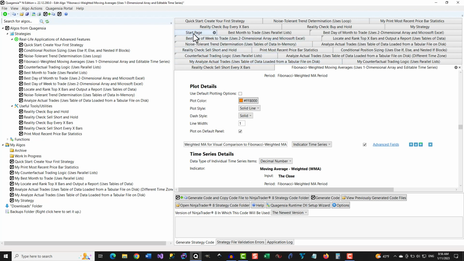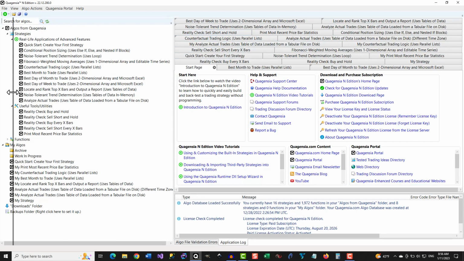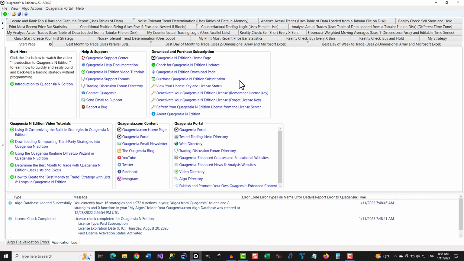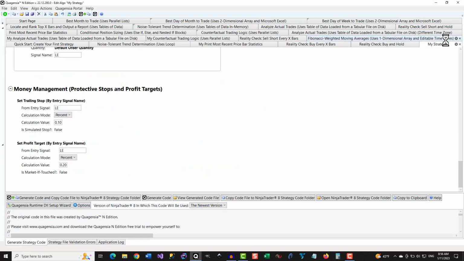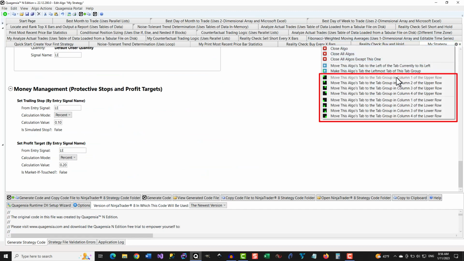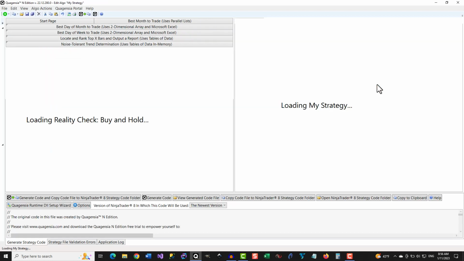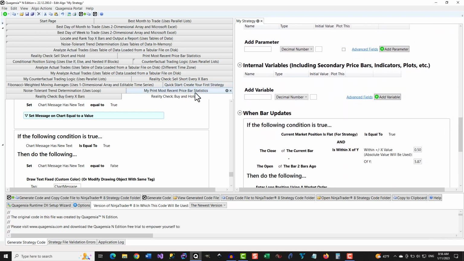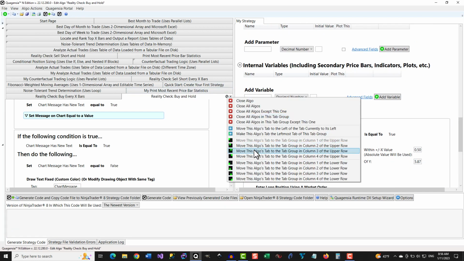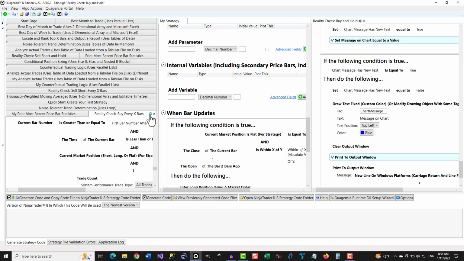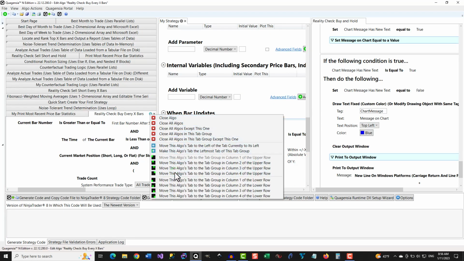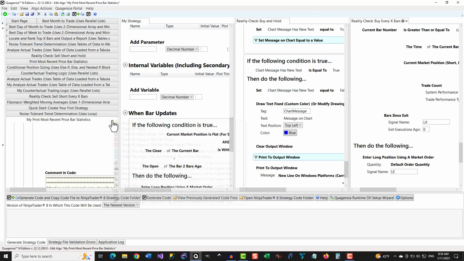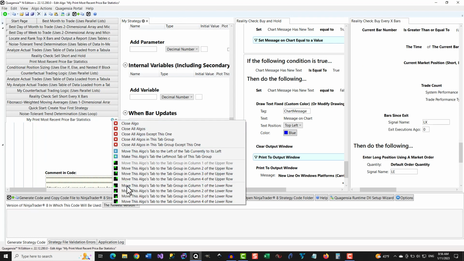You can open as many algo tabs as you want in the initial tab group in which the start page is open, as I've already done. And you can also create up to 7 more tab groups in up to 4 columns and 2 rows. This video is less than 2,000 pixels wide, so it is difficult to show you how nice it looks with algos in multiple columns and multiple rows. But watch how I do it here, and imagine how it would look spread across multiple monitors or on a large screen high-resolution monitor.